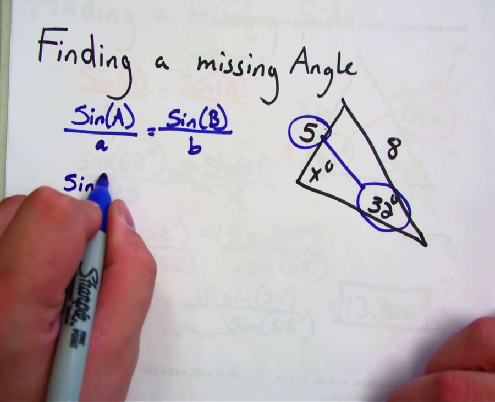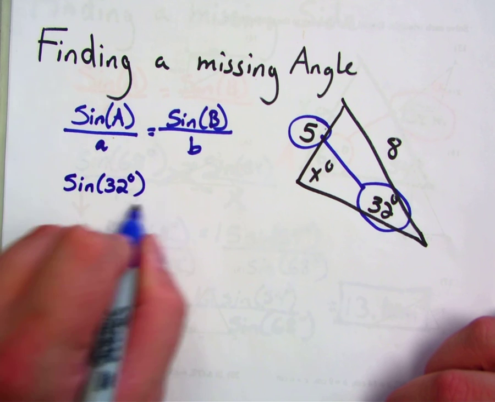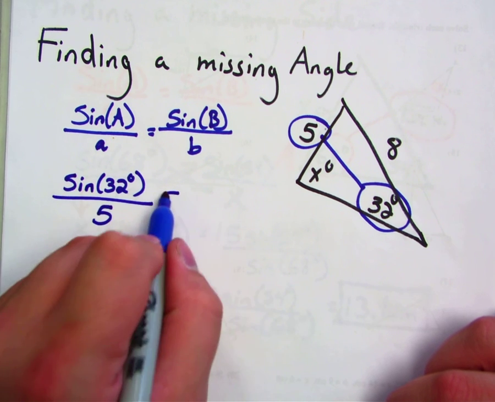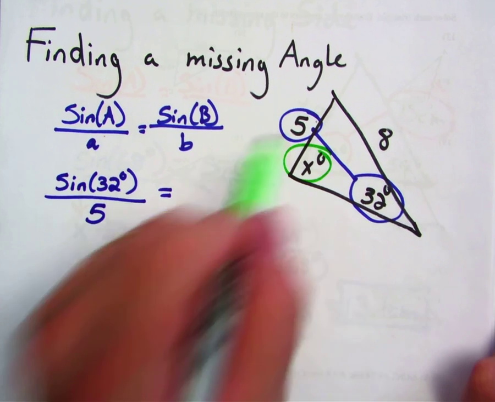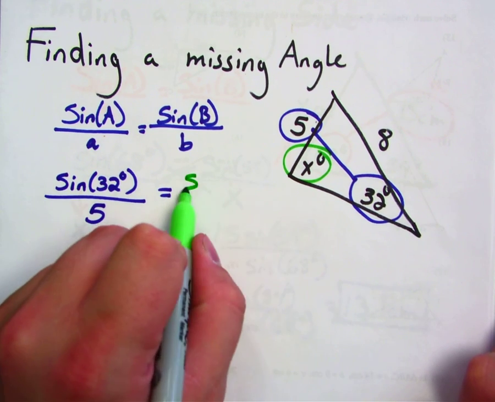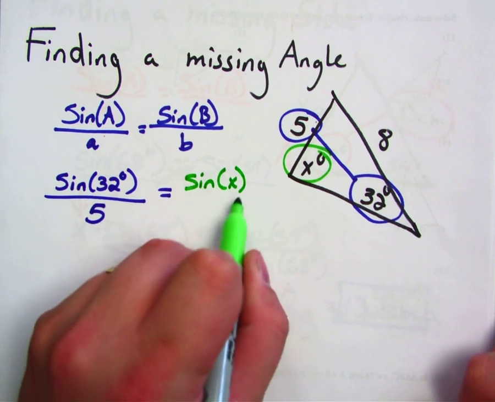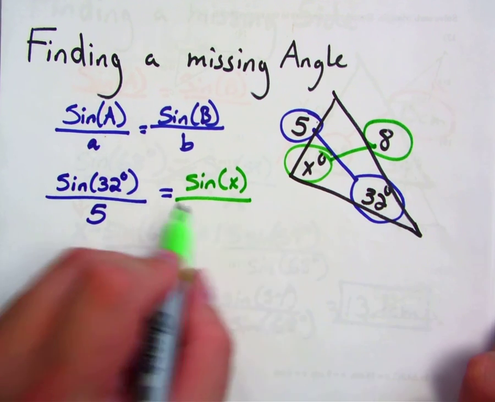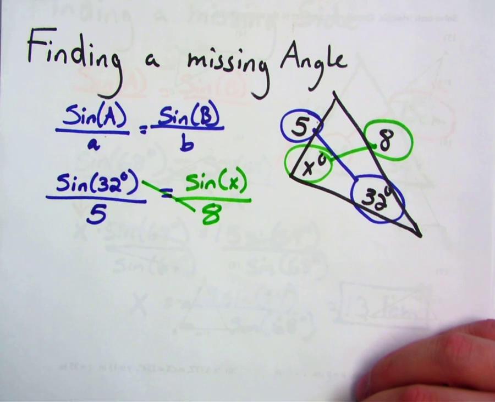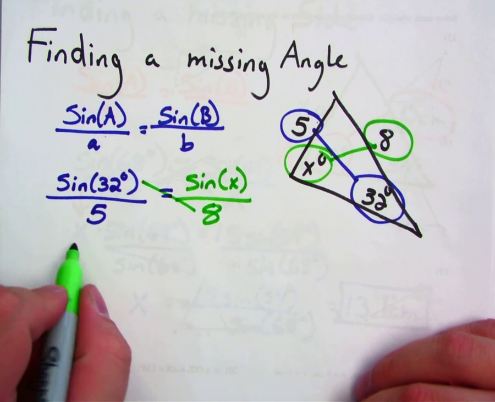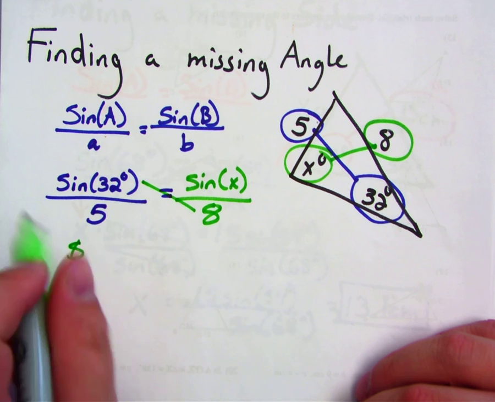So sine of 32 degrees over 5, and then the other side is going to be the pair that you don't know. So in this case, the angle is the one that we don't know. So that's going to be the sine of x over its opposite side, which is 8. From there, it's still just a proportion, so we're going to cross multiply and solve this thing. So 8 times the sine of 32